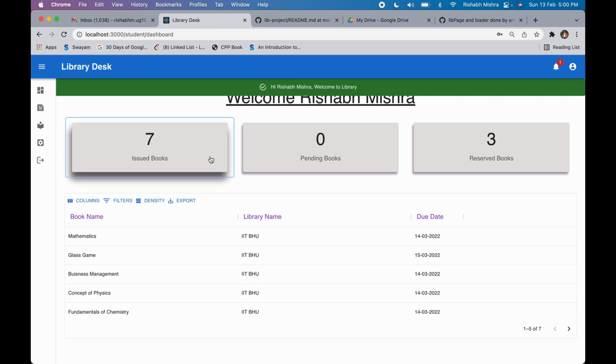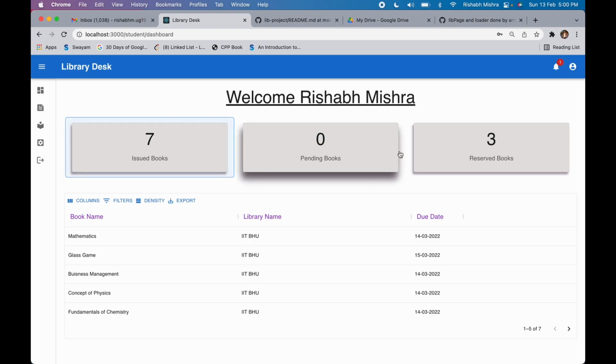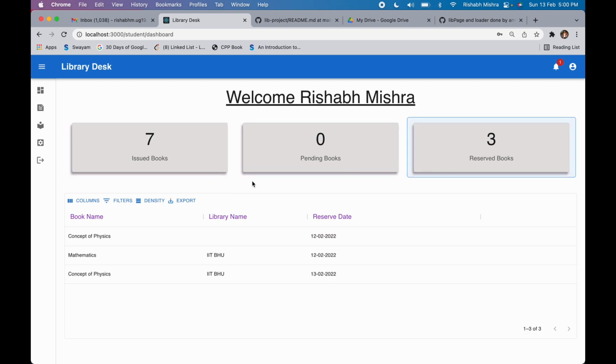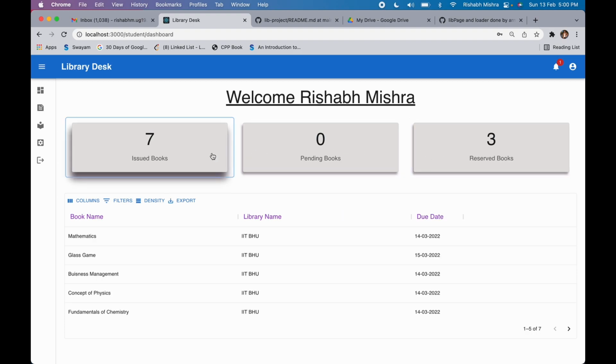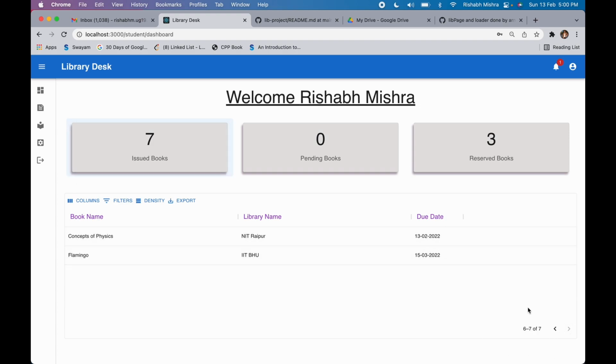So this is the data that we have tested. I will show you right now how it is working. These are all the 7 books that I have registered. On a page we will show 5 books, and the other 2 books are over here. So you will be getting a complete history of the 7 books: from which library, and on which due date it